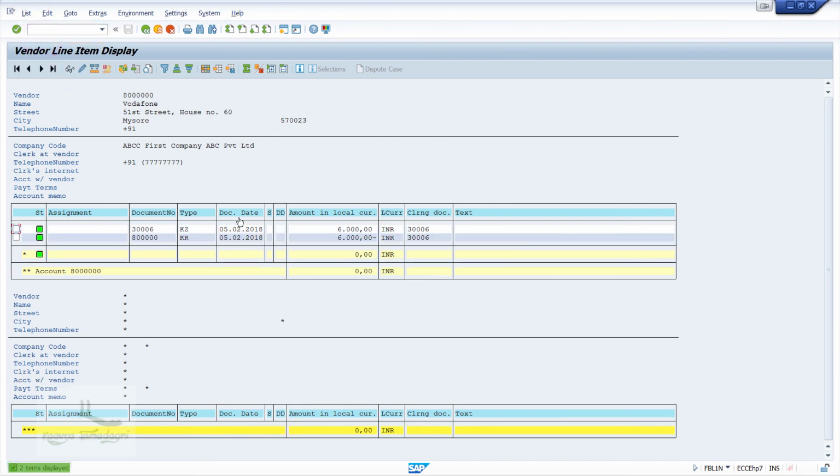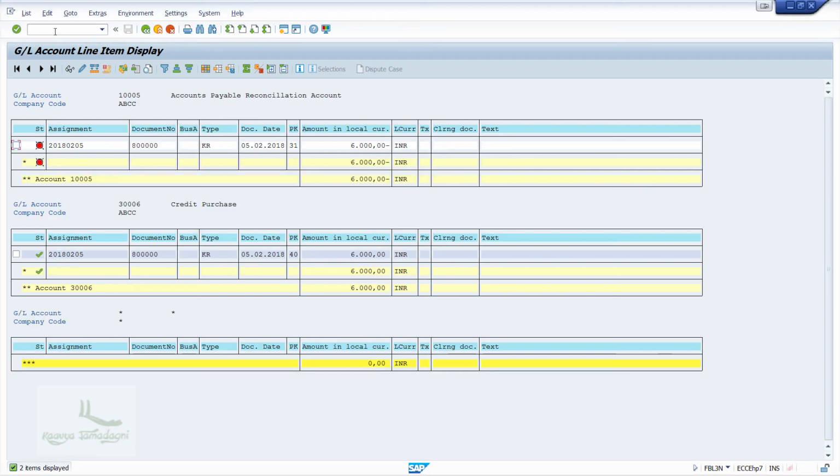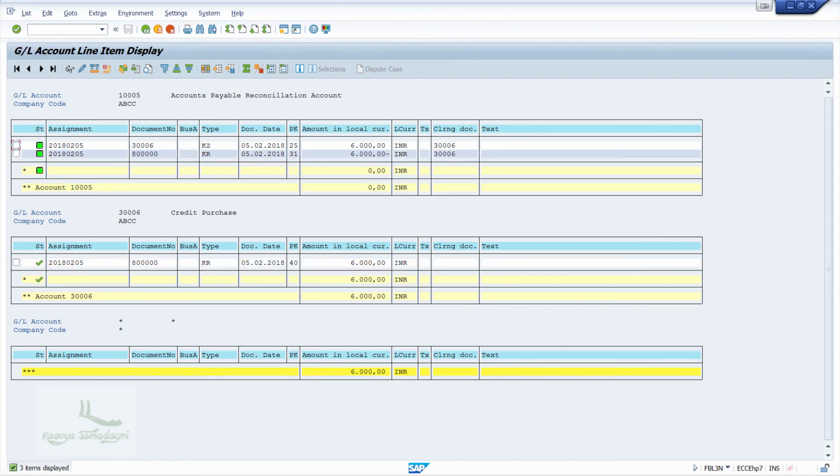And if you observe, the open items are now cleared. Correct, right? Similarly, accounts payable GL account will also be cleared. Now I'll switch to the screen of FBL3N transaction screen, wherein go to list and click on refresh. Yes, if you observe, the open items under the account payable are also cleared. Got it? So guys, I hope you are now clear with the concept and configuration of account payables in SAP.